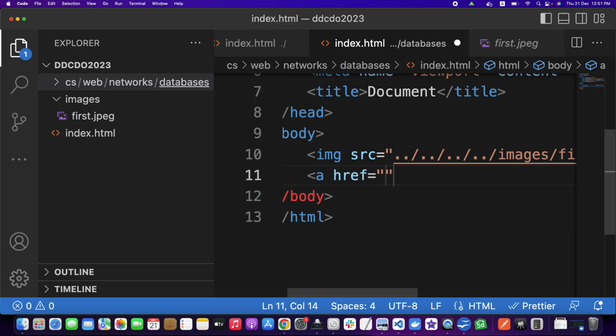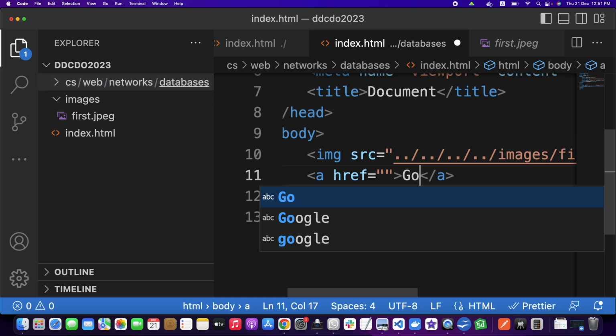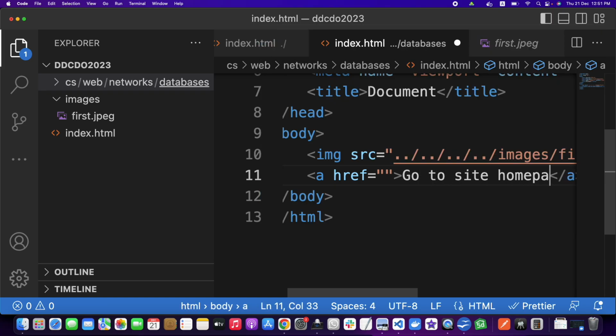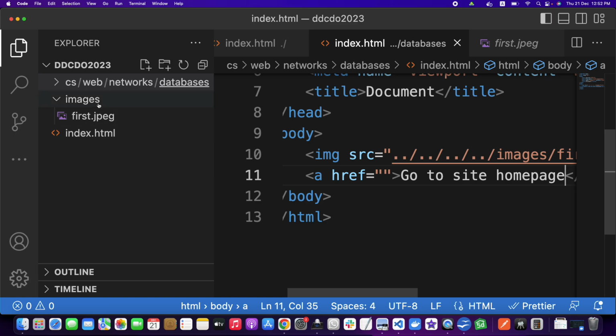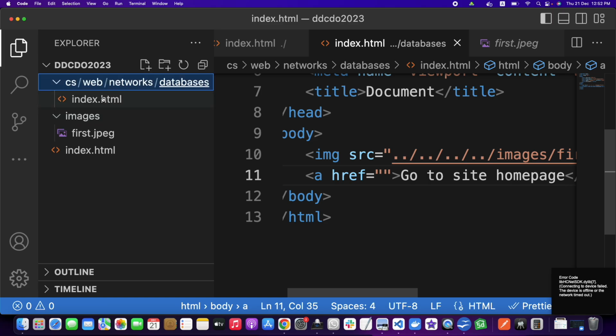href equals, go to site home page. For example, this is the home page of the site, right? And now I'm inside the databases folder. So the same, because I'm here, first I will have to go to networks, then web, then CSS, then to the index.html. So this,